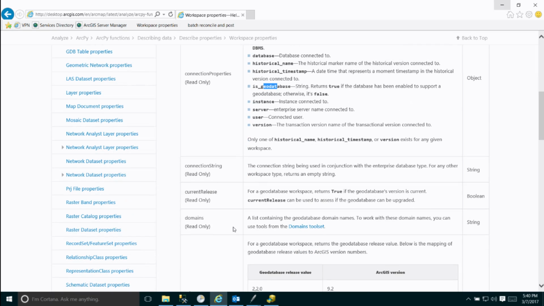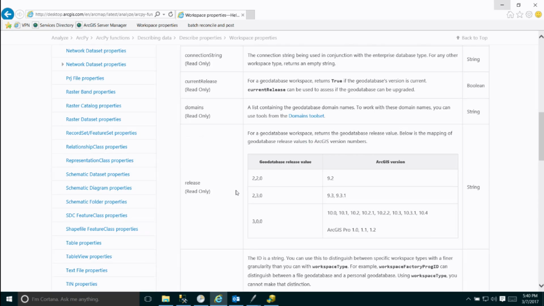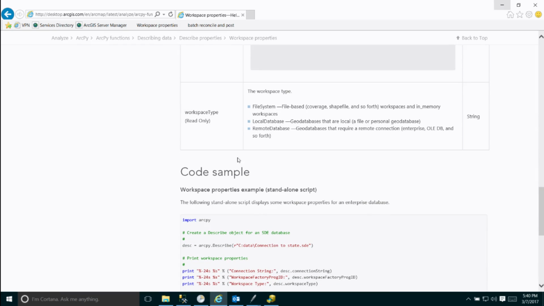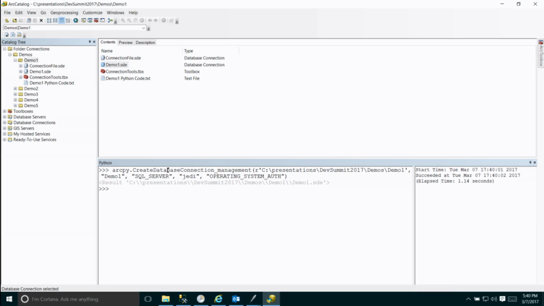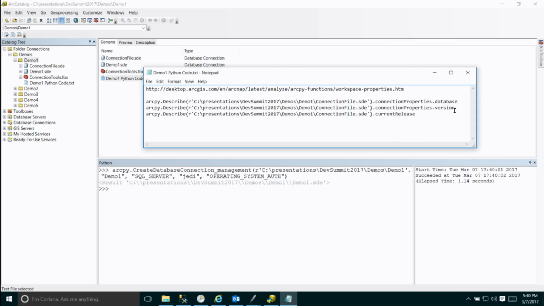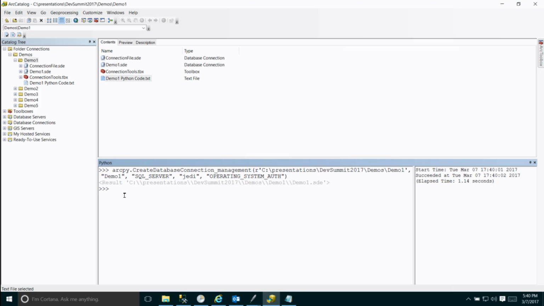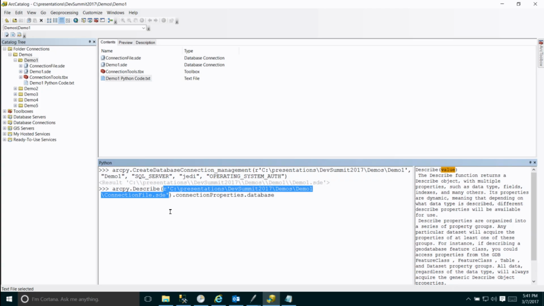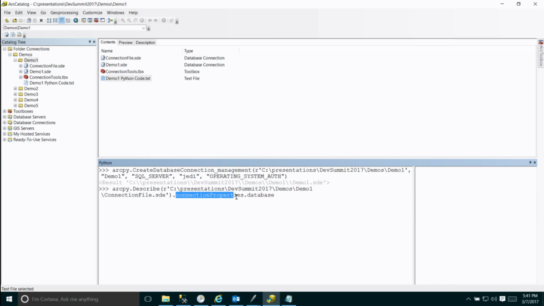We can also get other information about the workspace, such as the domains, the release of the geodatabase, and the workspace type. So I'll just show quickly what this looks like when we run it from Python. Here we can see I'm calling arcpy Describe. I'm passing in a connection file, and then I'm asking for the connection properties, and from that I'm asking for